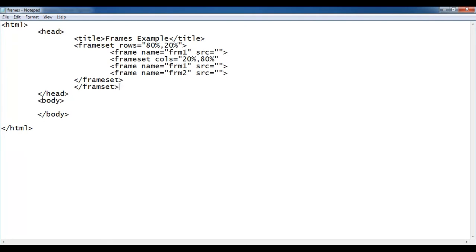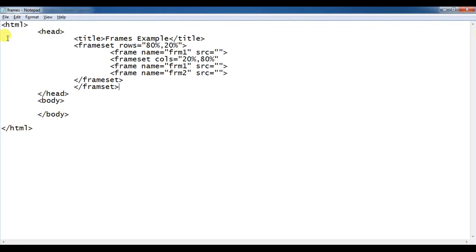When you are doing partitions in between the partitions and using the frame set, it's very compulsory to look where you are writing the code for frame sets as well as frames. For example, if you make some mistakes in this one, the output you are going to see is in a different way. Let us try to see how it will be.